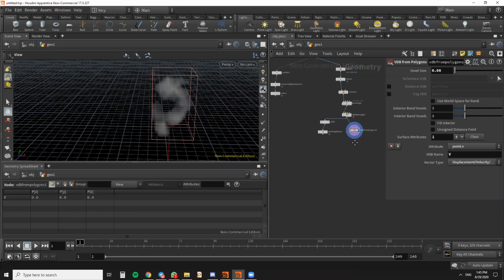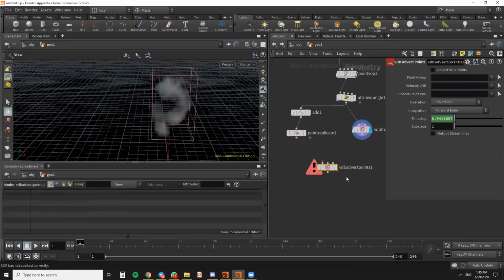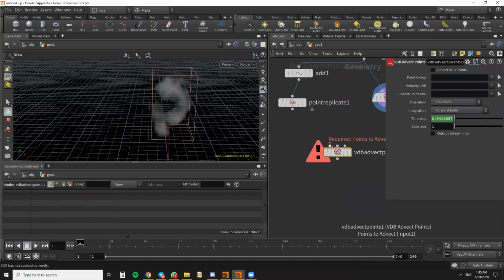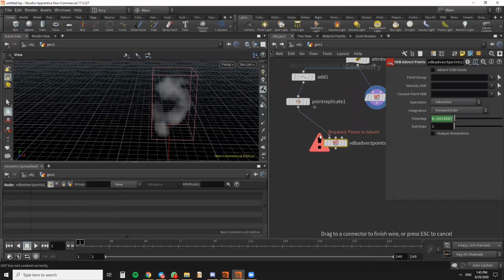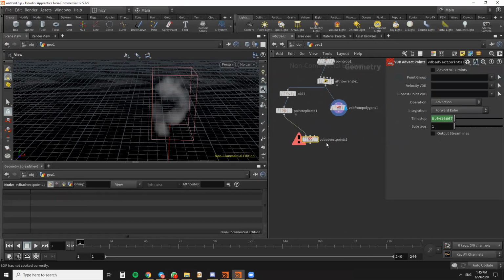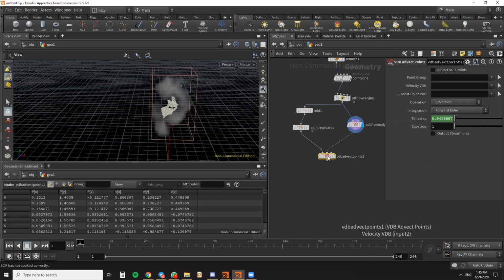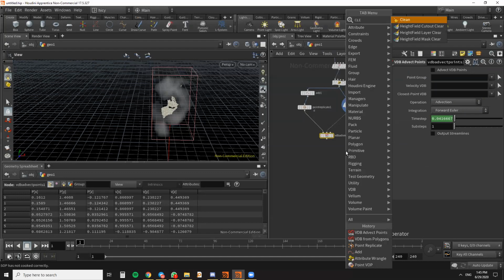So let's continue. We want to advect these points now. So we will use VDB advect points. There are two types. There are VDB advect and VDB advect points. We're gonna go for the point type. And let's see what it needs. First, it needs the points to advect. We go here, and then the next thing is the velocity of these points, and that's it, right? It's gonna drop down a plain note,